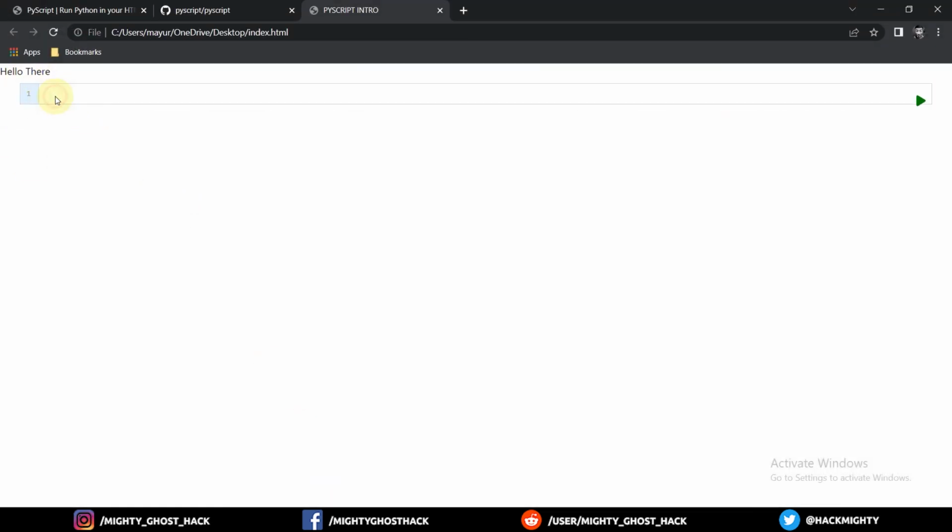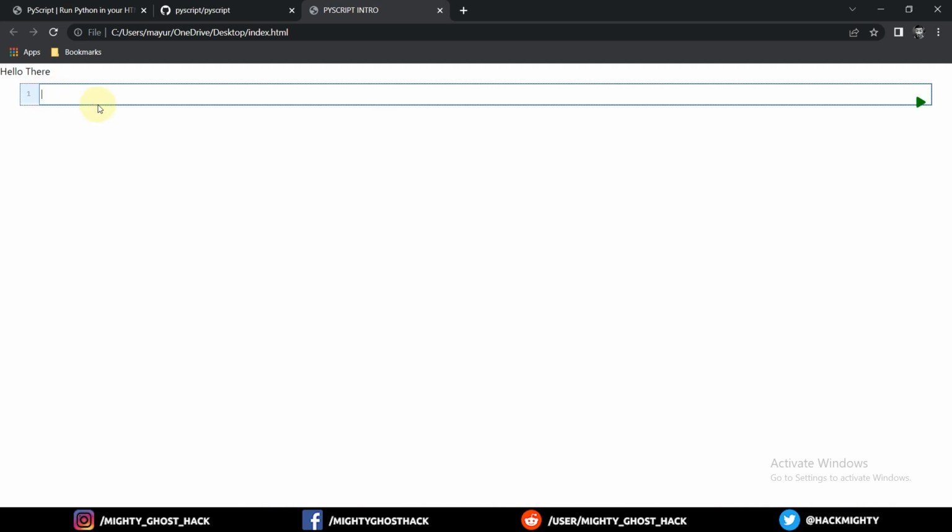Alright, you can see it's added the REPL, which I just mentioned. Now here you can type any Python syntax that can be executed. So I'm just going to type